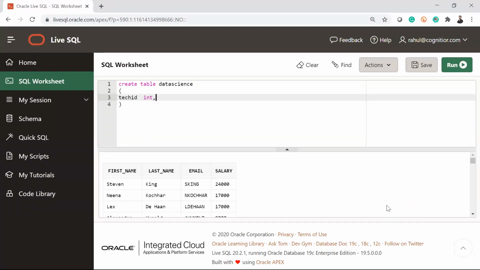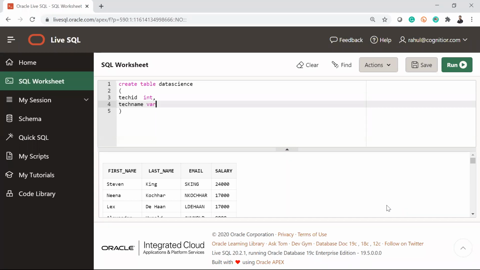Now integer is a data type. In databases also we have different types of data types, which we will discuss again in tomorrow's session. So integer is one of the data types. In the same way, we have technology name, tech name, and tech name is a string, right? So when you want to store a string, we have the concept of variable character, varchar, or I can pass char as well. Now, what is the difference between varchar and char? We will discuss that soon in this week's sessions.